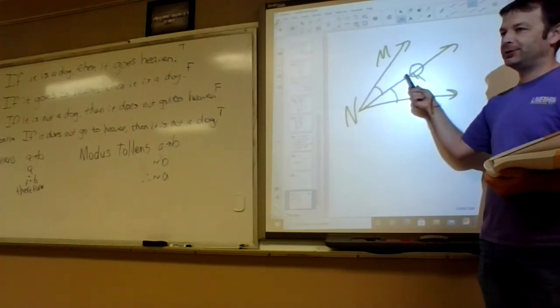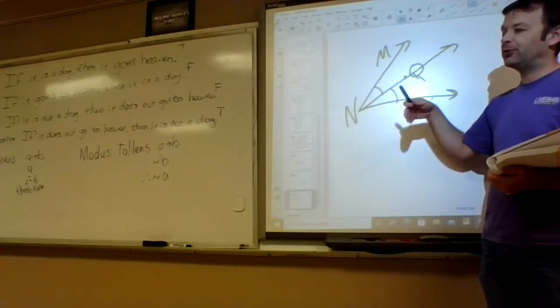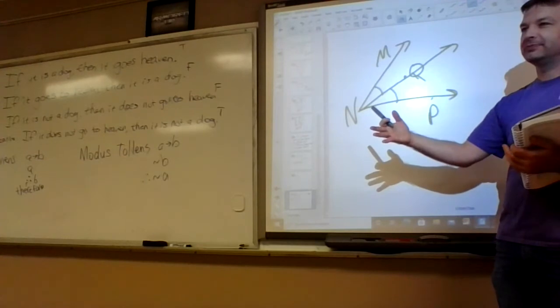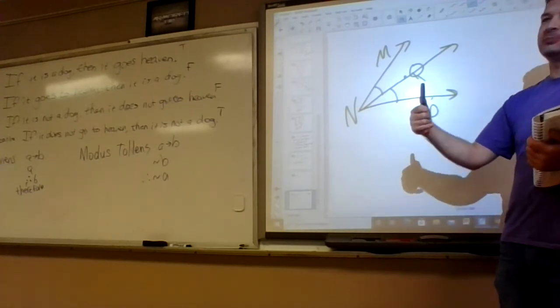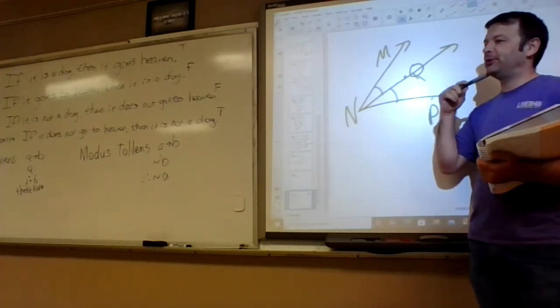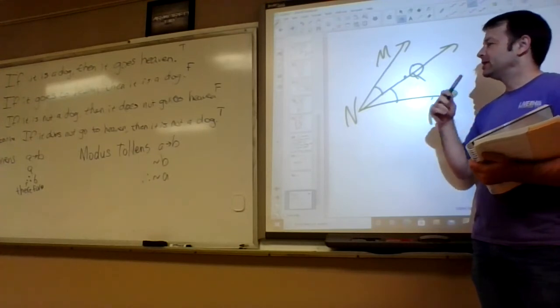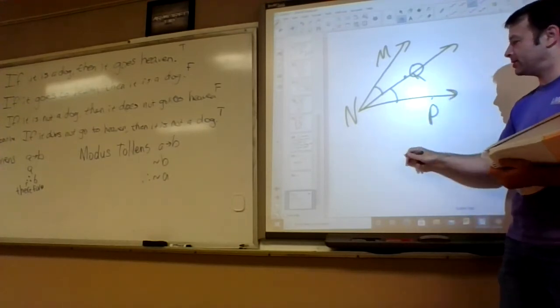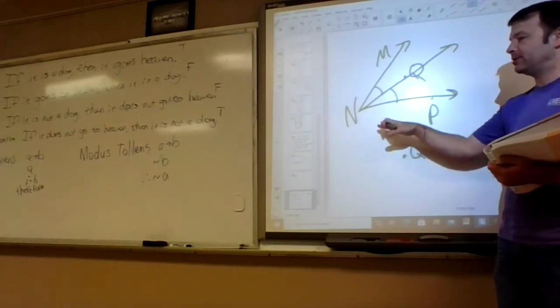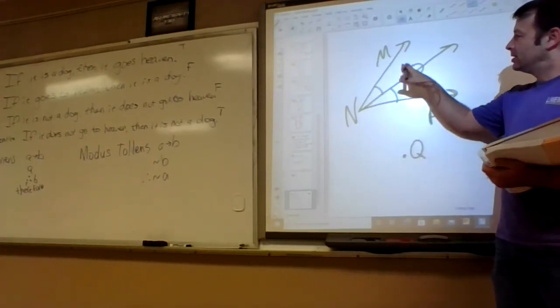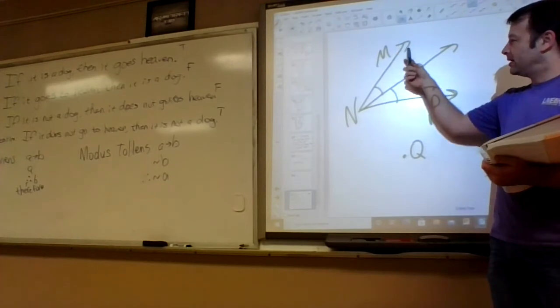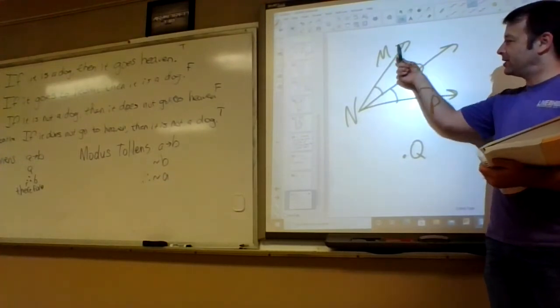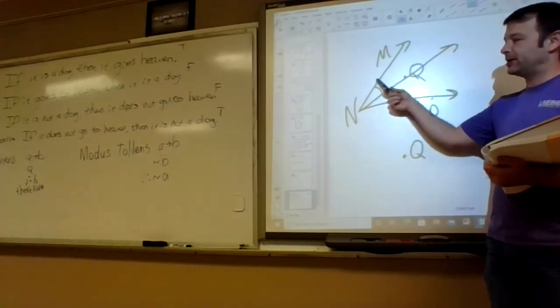So what can I assume? Therefore, what? Blows our minds. Okay, I'm going to say it one more time. We'll try one more. So they start off by saying if Q is in the interior, so not out here, because if Q is out here, this wouldn't work. If Q is on the interior of this angle, then I know that these two little angles add up to the big angle.